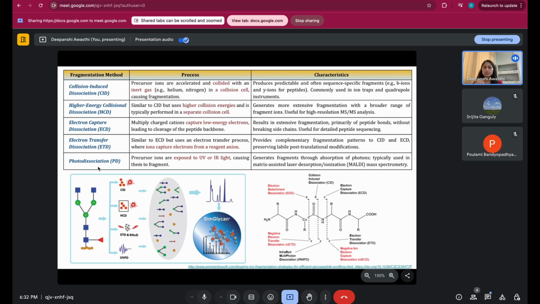And then comes photodissociation. As the name suggests, photo means it is using some kind of light. So whenever UV light or infrared light is used for fragmenting the ions,